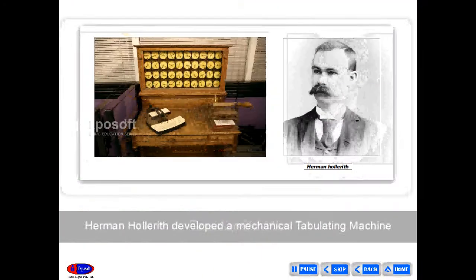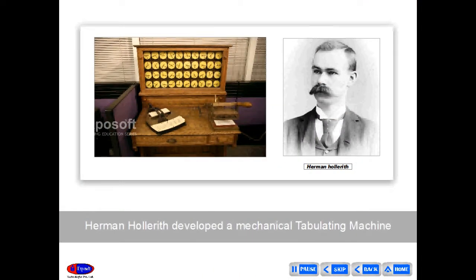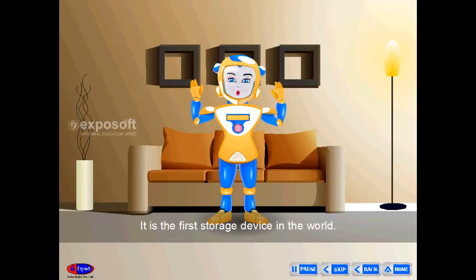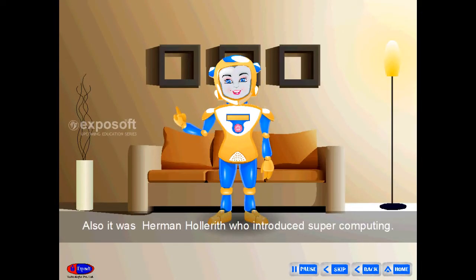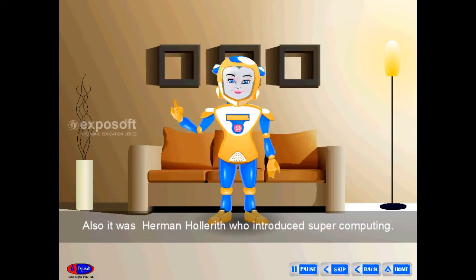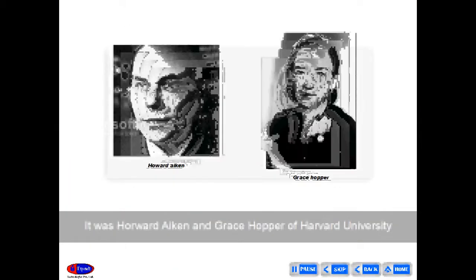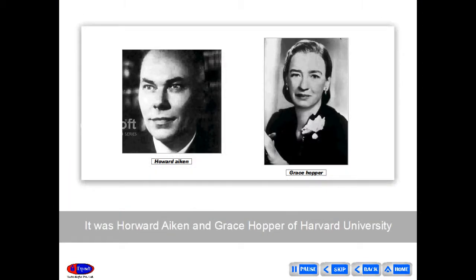Tabulating machine. Hermann Hollerith developed a mechanical tabulating machine based on punch cards for input processing and data storage. It is the first storage device in the world. Also, it was Hermann Hollerith who introduced supercomputing. Mark I. It was Howard Aiken and Grace Hopper of Harvard University who designed Mark I, the first programmable electromechanical